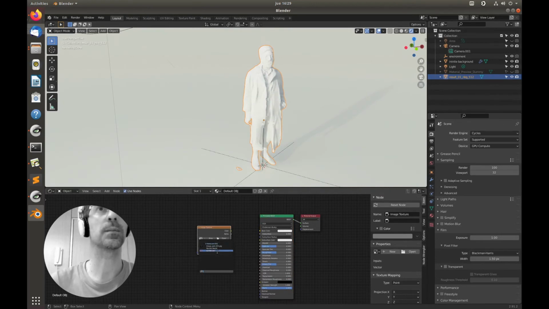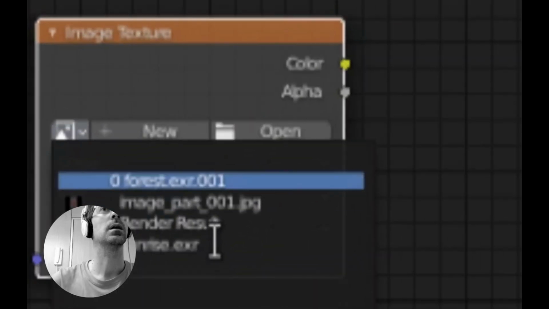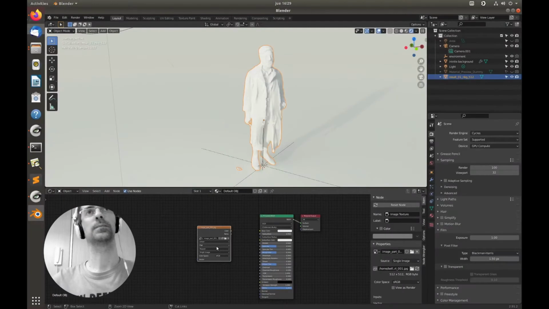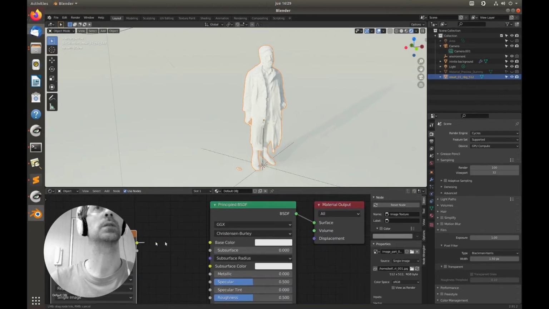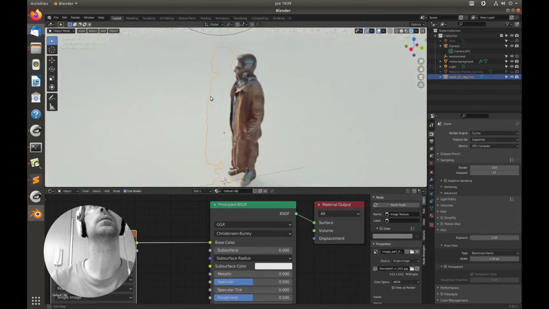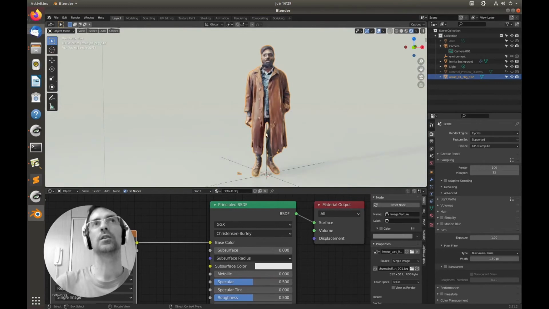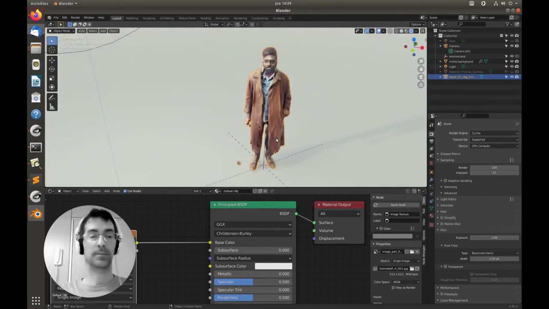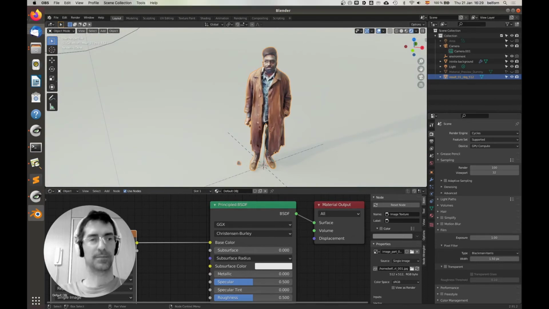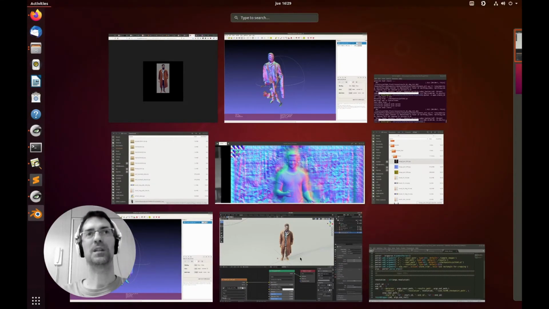Don't see anything. Is this one, and then this image needs to be connected to the base color. Okay. The only thing is that he also has a face on the back, but it's not a minor thing. But